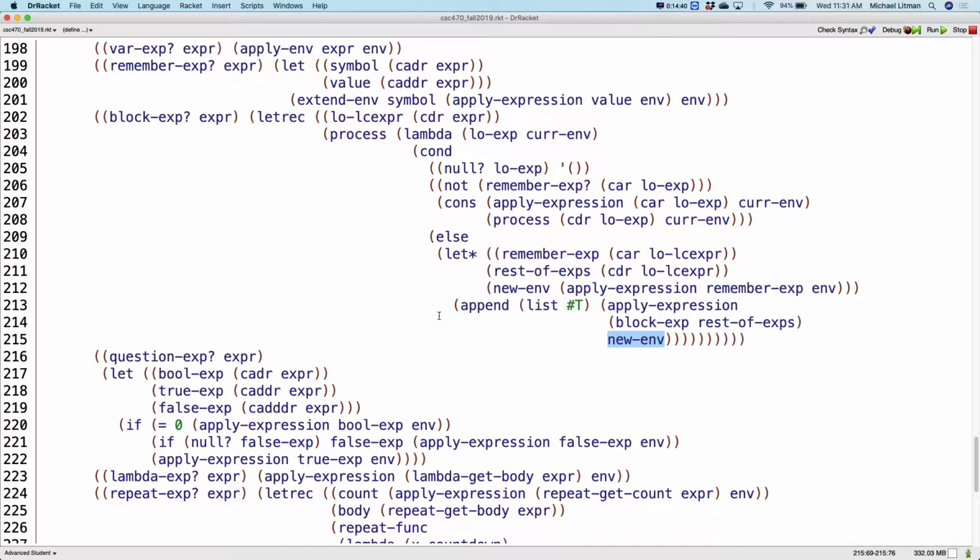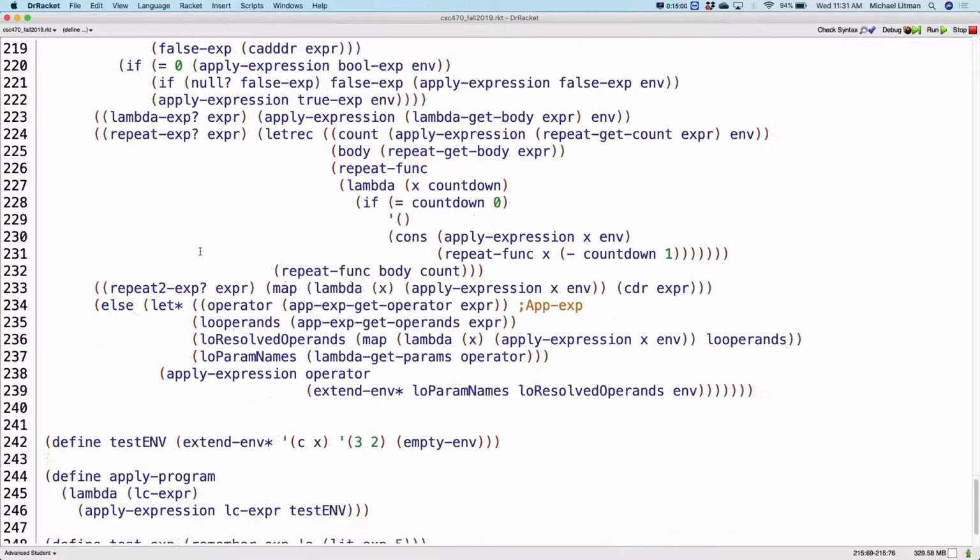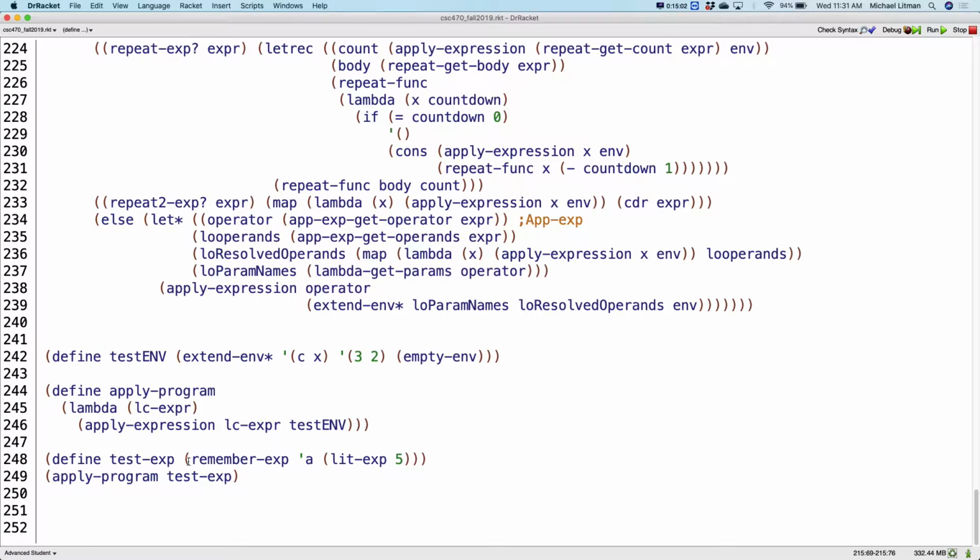Right. So for us, if we want to have a sub-block where our variables live and die only inside that sub-block, we now have the ability to create little local scopes. But once that block is done, all those scope changes are gone. We're back to our normal ENV. So in our example here, if we have a block inside of a block, let's create our test expression. We're going to create a block exp, and this guy is going to be a list of things. He's going to be a list of a remember expression, and then maybe an app exp